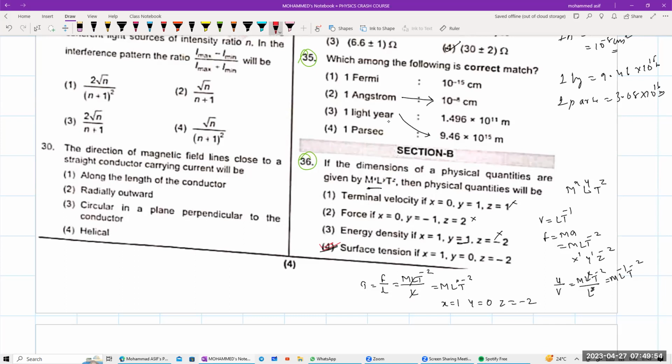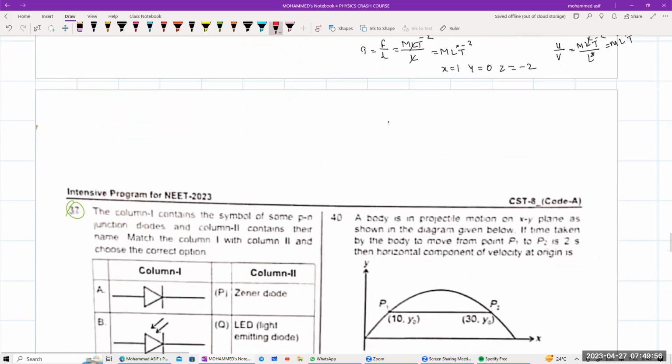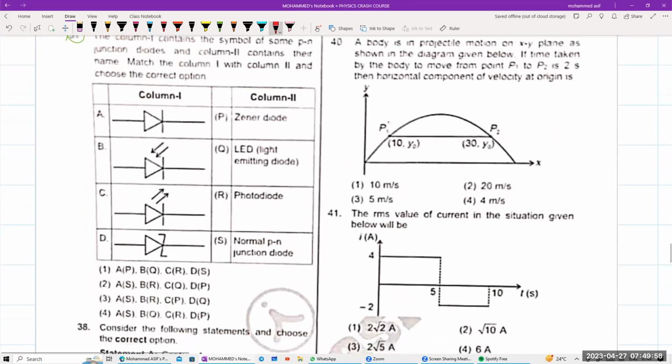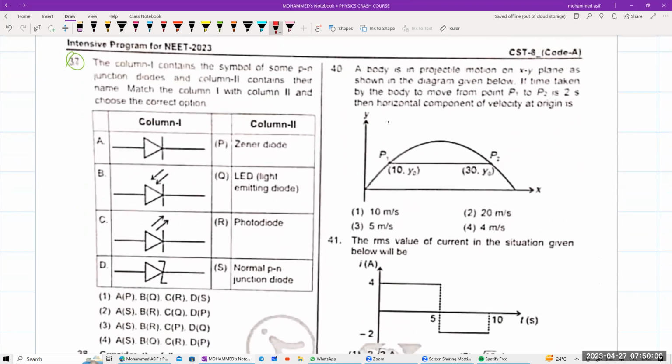आ गया? चलिए वेरी गुड। तो 80 तो आराम से निकल रहे हैं ना मार्क्स अपनी। The column 1 contains the symbol of some of the PN junction diodes and column 2 contains their names. Match the column 1 and column 2 with this one. Okay, fine. ये तो सिंबल बहुत फेमस है, आप लोग को मालूम ही है। D कौन सा रिप्रेजेंट करेगा बेटा? Zener diode. Zener diode।